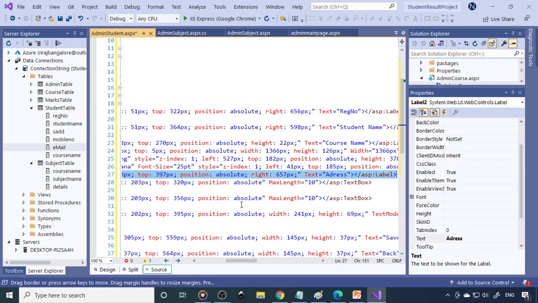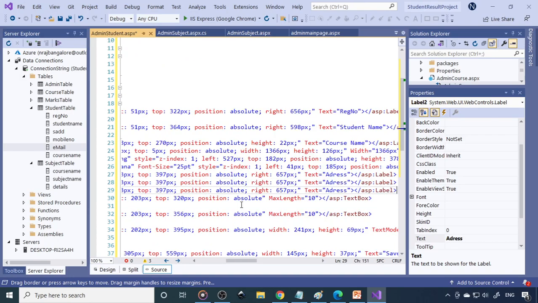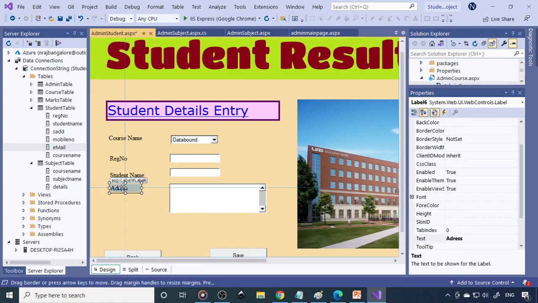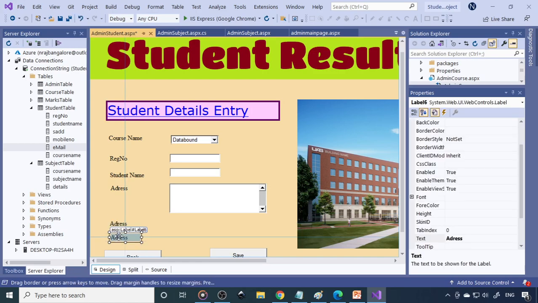So go to source code, copy this. So 2 more are required, 5 and 6. Okay, 5 and 6 are the names. So select this. So 6, bring it down. Then again you undo. Okay, so next 5, right? So bring it down. This is 5. This is 6.